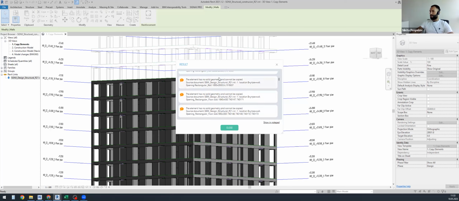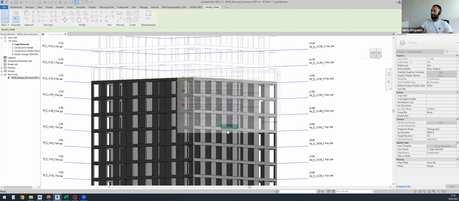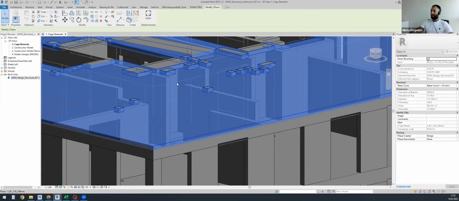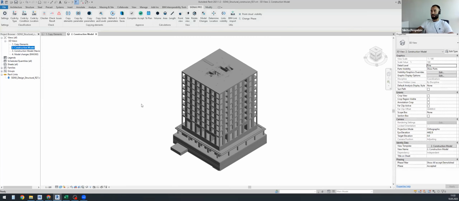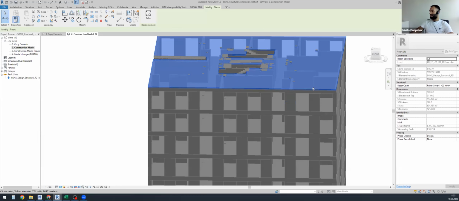We have seen some information that the geometry was not copied regarding the openings, but we don't need it. We just need the correct geometry on a floor, on the slab. So here we can see the slab was copied, including the information about the openings. If we jump to the second view, the construction BIM model view, we will see the elements that were copied by me, and we will see the exact information about the elements